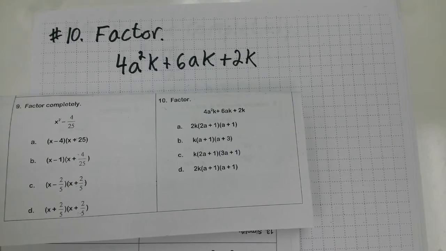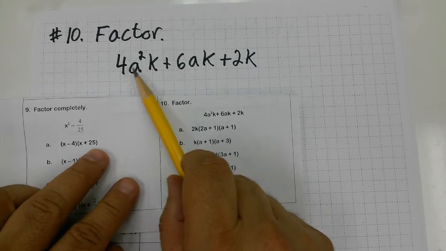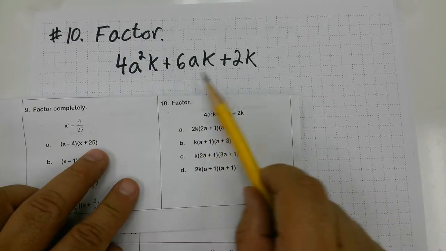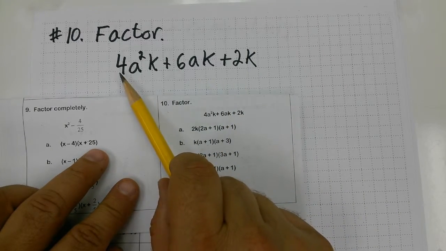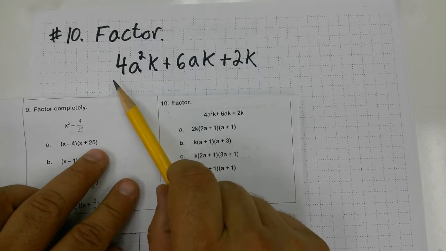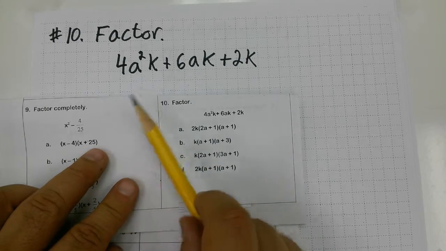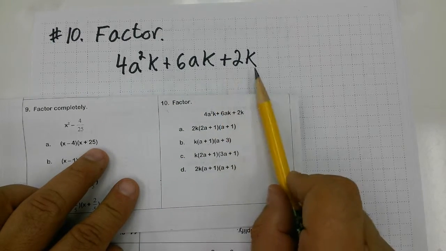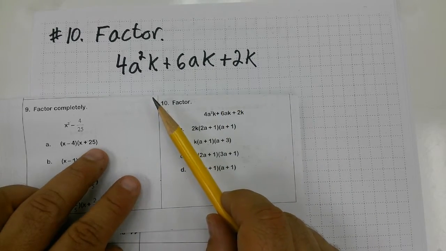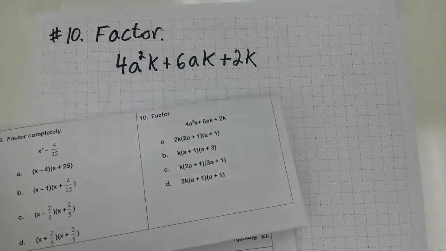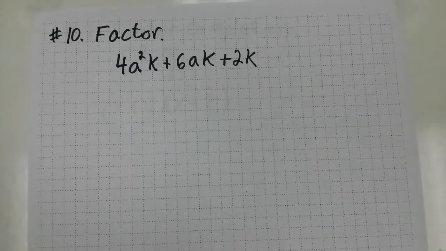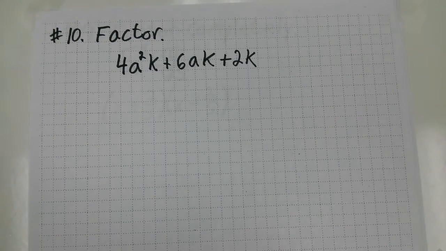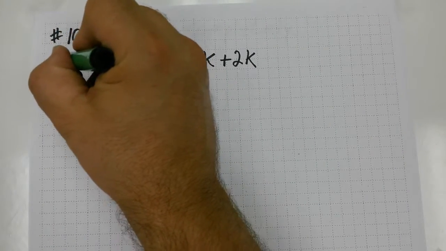Number 10 on the PERT practice test asks me to factor a pretty scary looking trinomial. I don't have just an a squared. I have a leading coefficient of 4. And then they throw a couple of extra letters in there. So what I'm going to look for in this case is a GCF. So I want to find out what the greatest common factor is for this